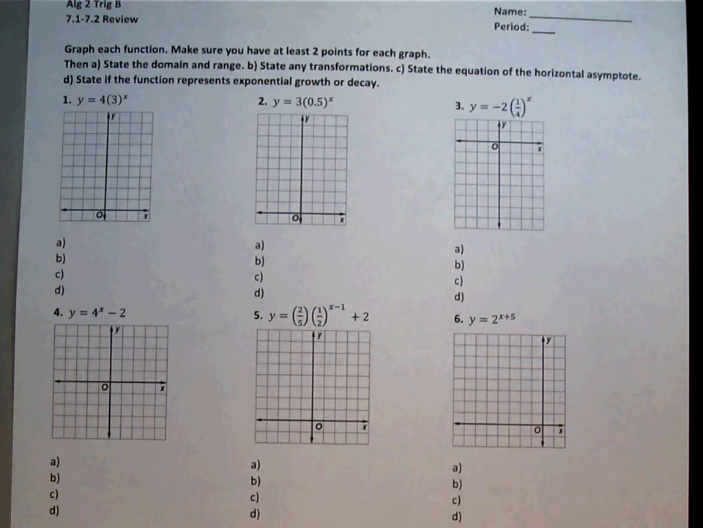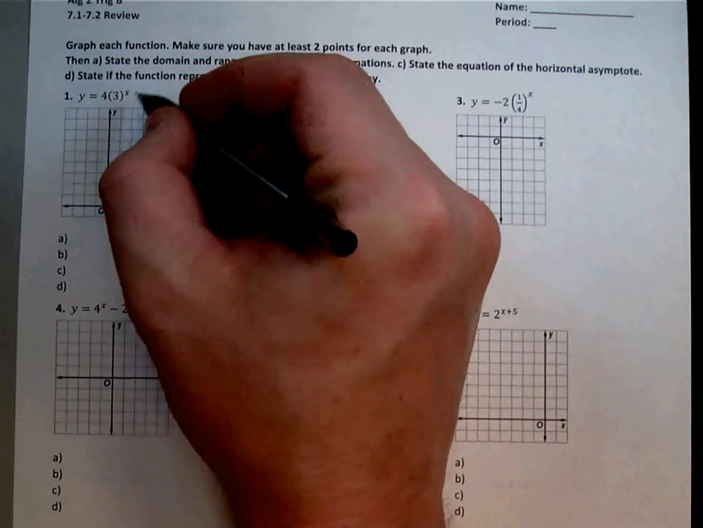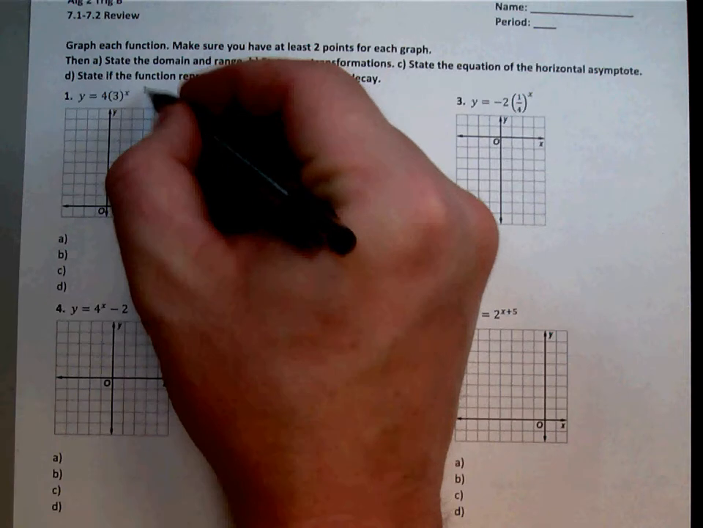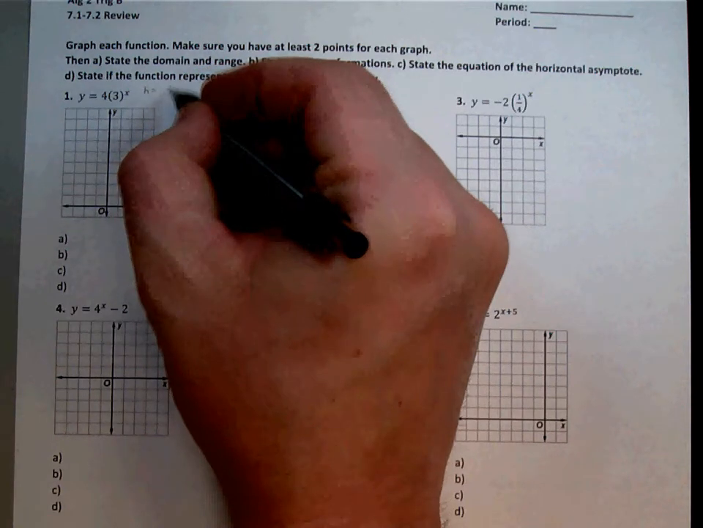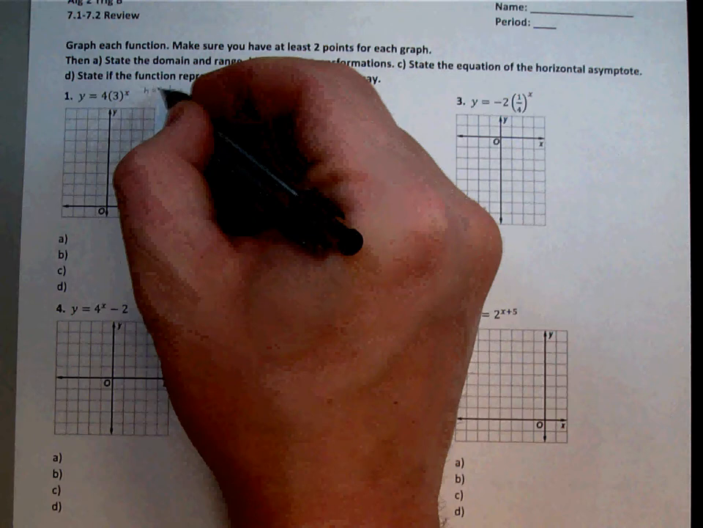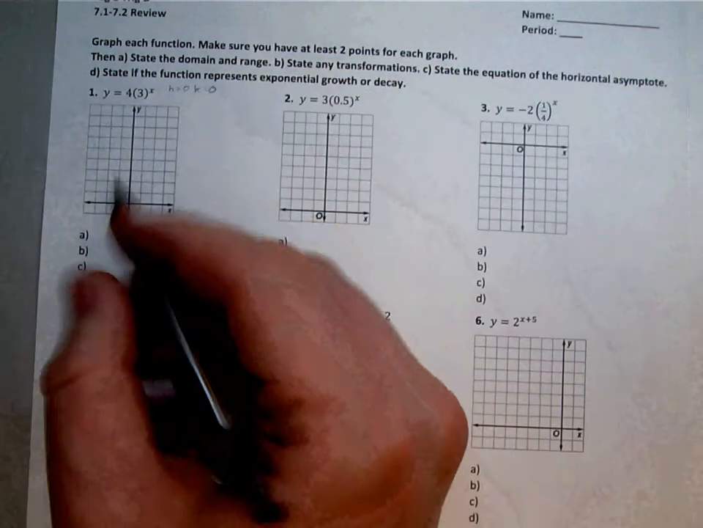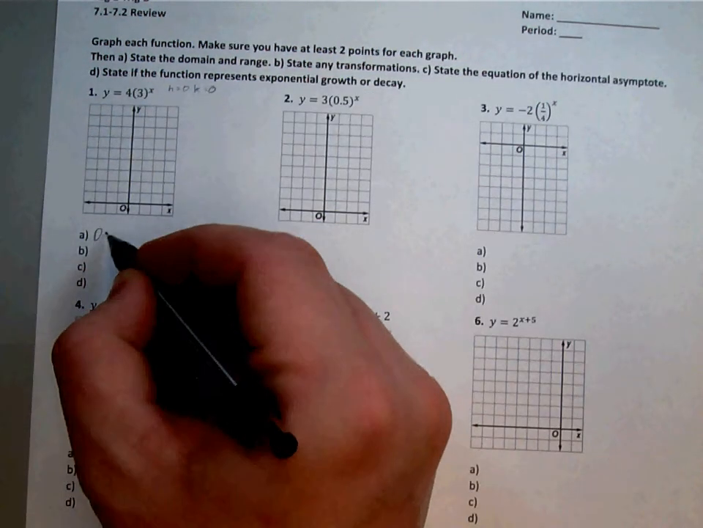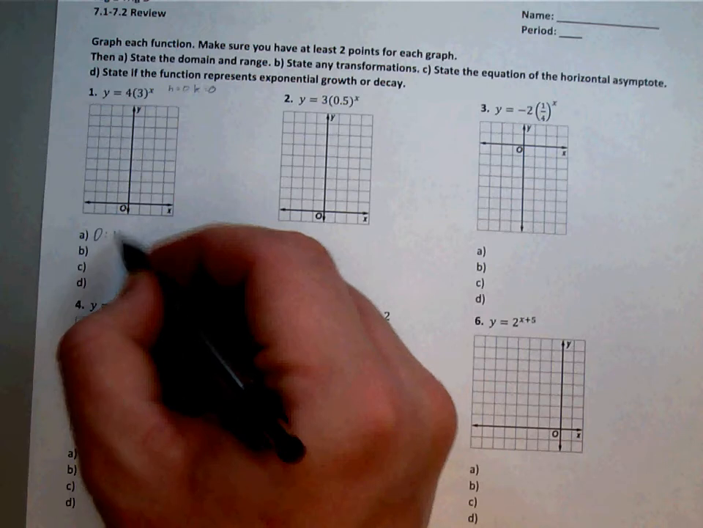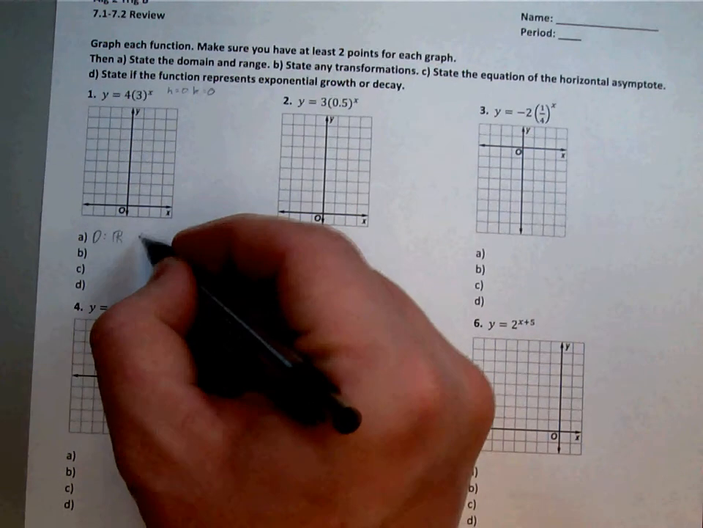Okay, number one, first question is domain and range. We would want to identify the h and the k. H here is 0, k is 0, so that's going to help us with our domain and range, or at least with the range. Domain is going to be all real numbers. The range,